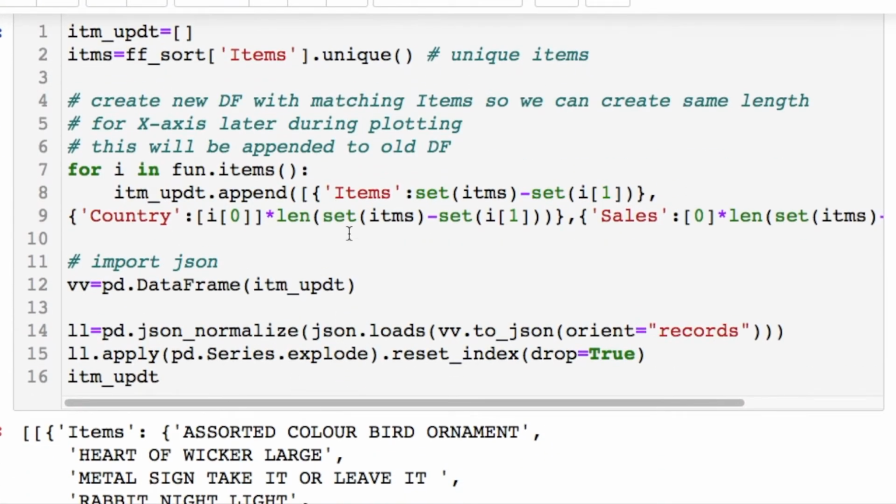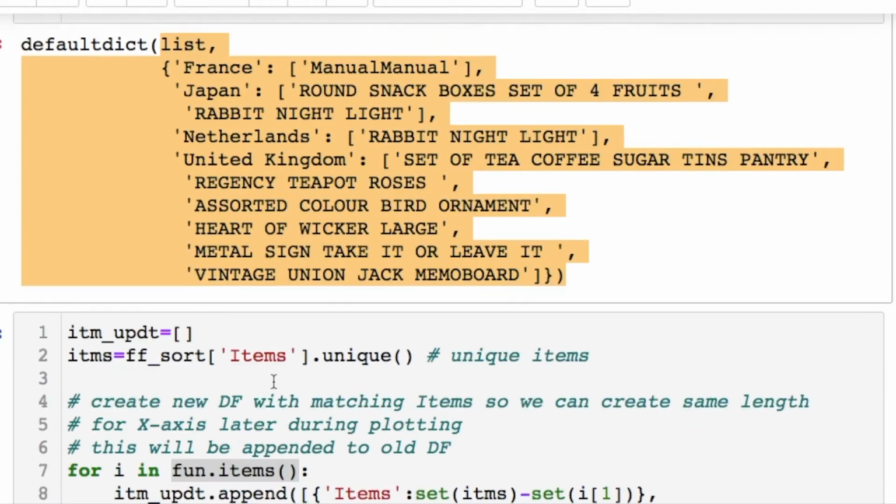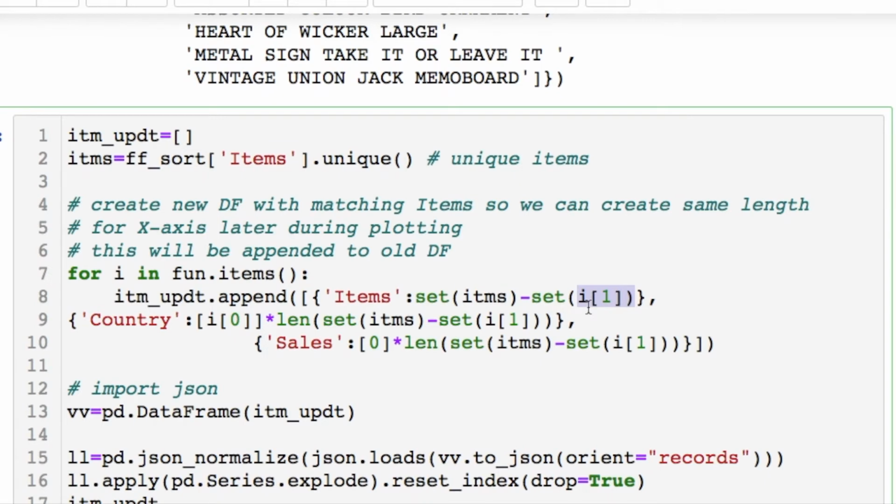From there, we need to take the unique names from the items that were sold. To make this match up, I iterated through this right here. Since it's a dictionary, I called it as items, which I iterated through from the dictionary list above, converted as tuples. From there, I went inside the first indexed item, which is our list, and I did a set difference. I did this because there are 10 unique items, but each country only has maybe one or a couple of them, but not all of them. So I did a set difference, and then I created a dictionary to store the values.